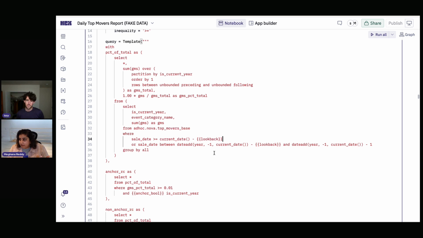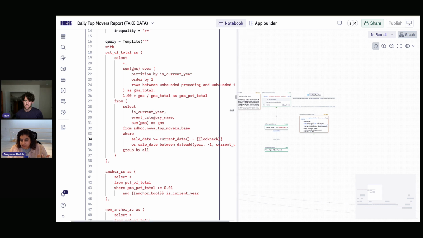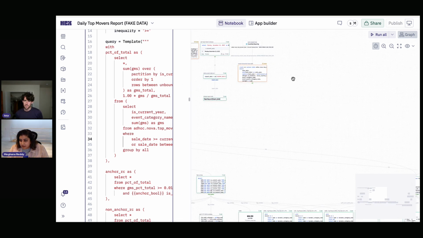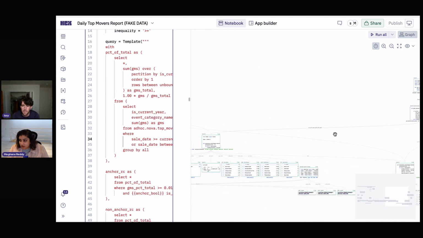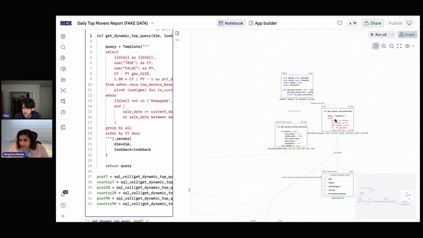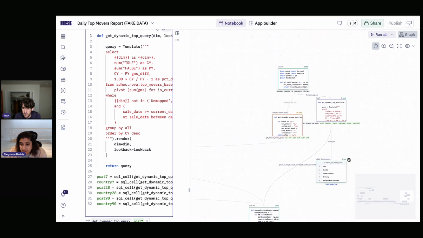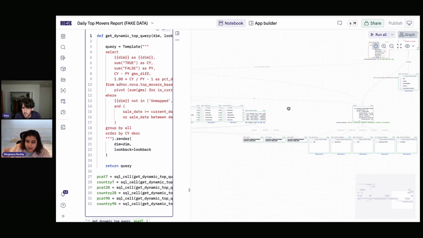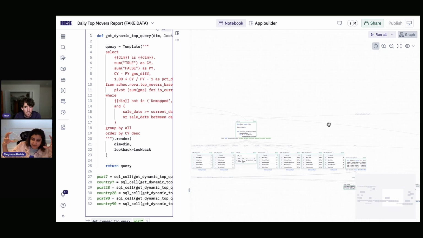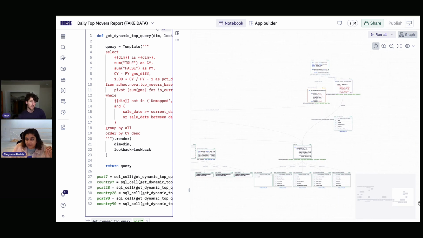And what you end up with is, let me move this over. What you end up with is a graph that very clearly starts with a few root queries. So you can see that there's a few here at the top that ultimately drive all of the cells and charts that you see below. And this way of thinking of like, I have some root data that I'm dynamically generating, and then that goes and proliferates out to all of these individual insights, is a very uniquely Hex thing, in my opinion.